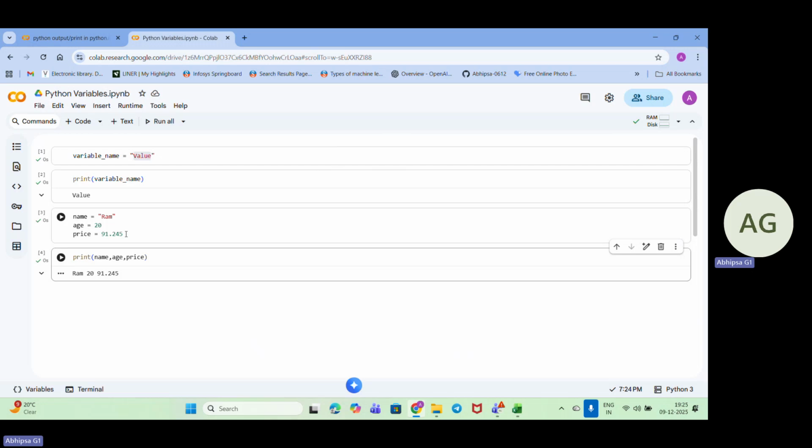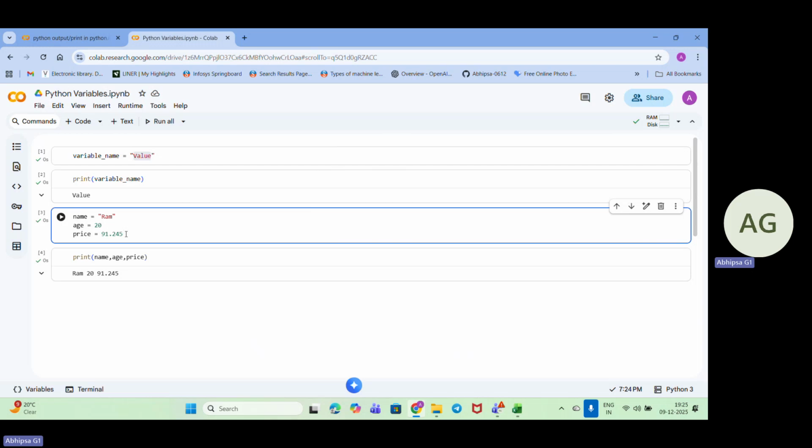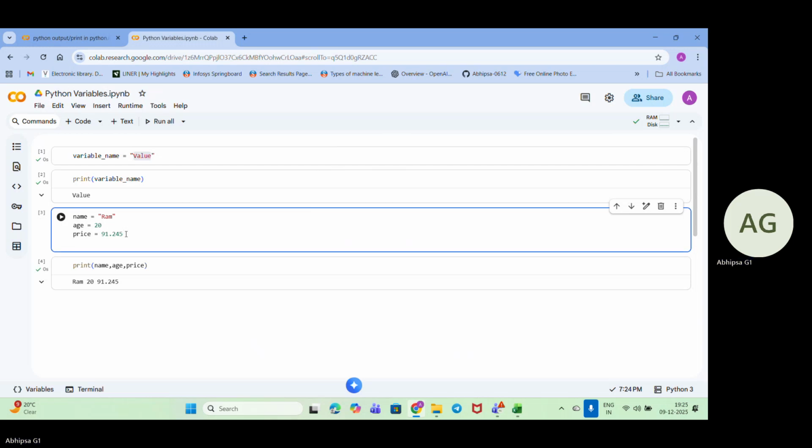Also the Boolean type, which is true or false. Now let's see, it has given me the true and false value.